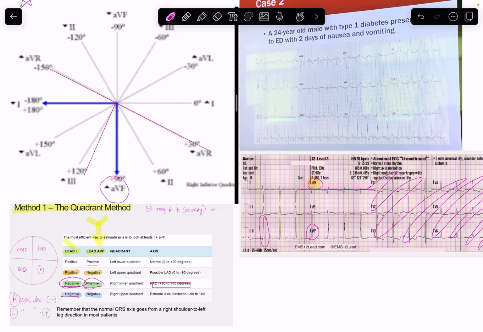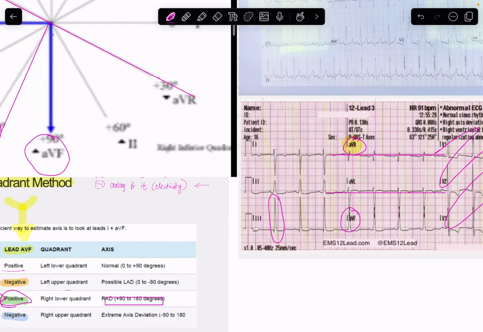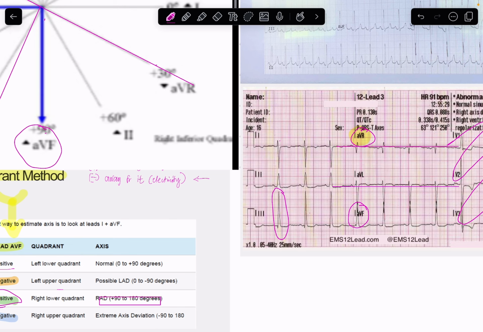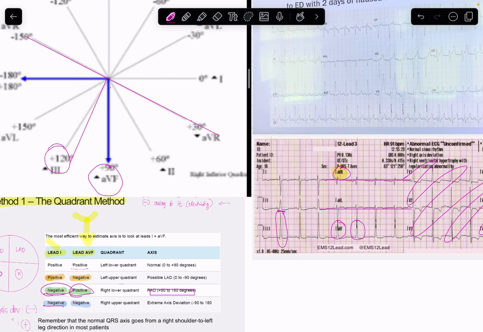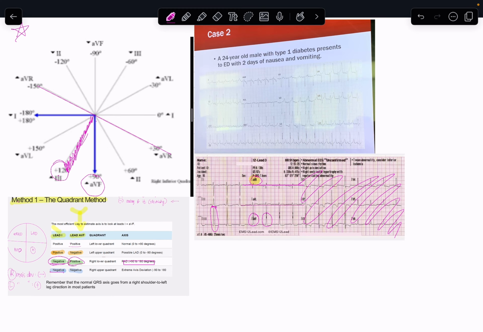The reason I put it like this is because see how its positive deflection was not as tall as lead 3? So it means that it's closer to lead 3. That's why I put it here. So around this area is where our right axis deviation is. So we got more precise. And that's how you read